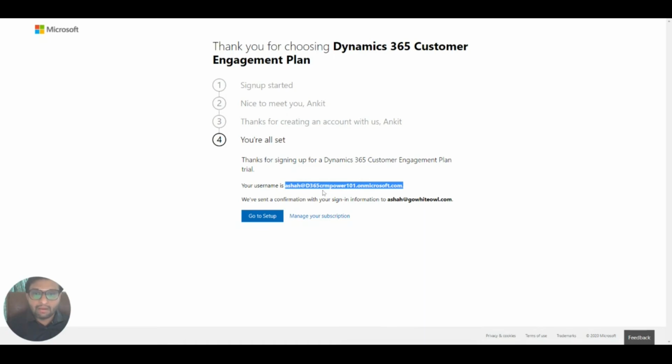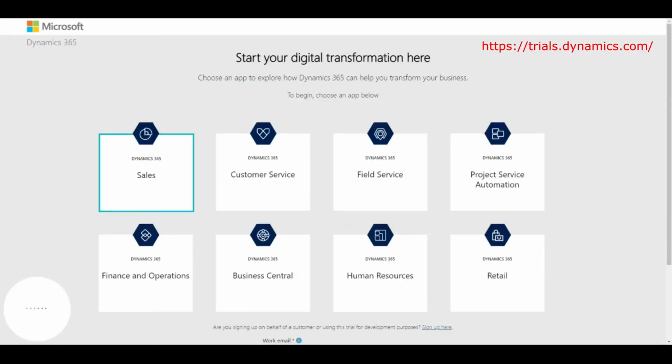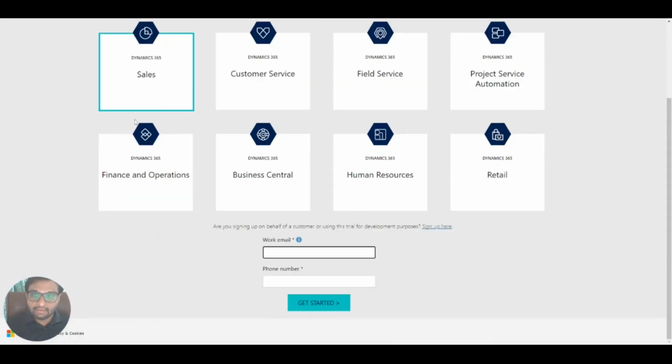Now once again we have to go to https://trials.dynamics.com. Perfect. Here once again I will select Sales.